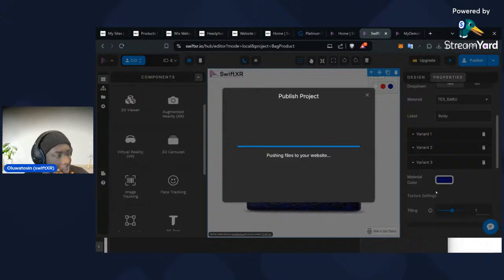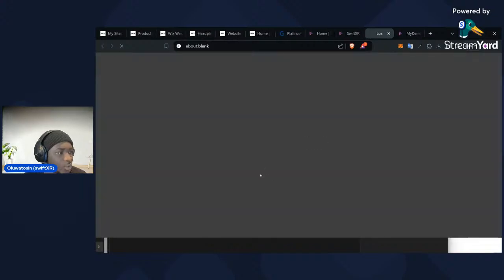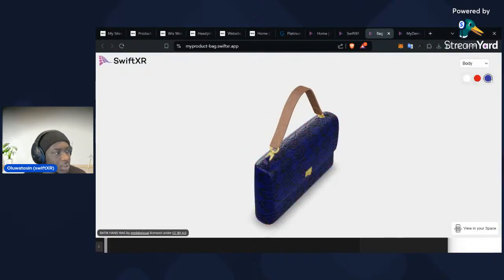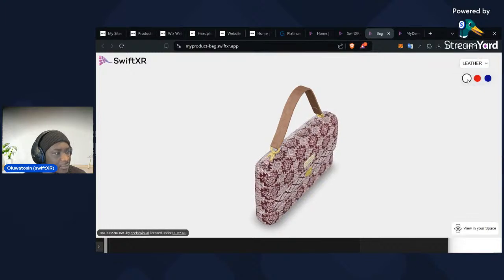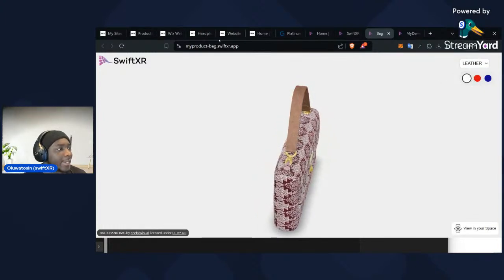Yep, and our website's done. We can quickly just copy this and open it and just view what it looks like live. Cool. All right then, and if we go over to leather, we have this as well. Looks pretty cool to me. And then